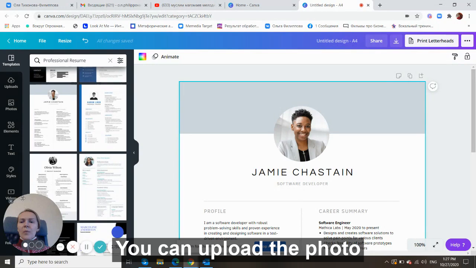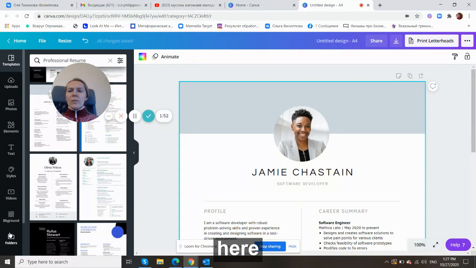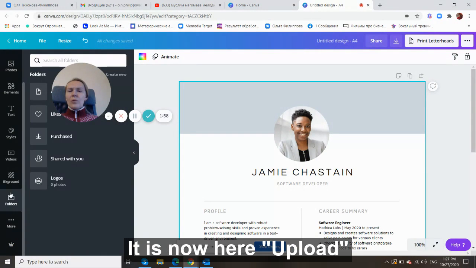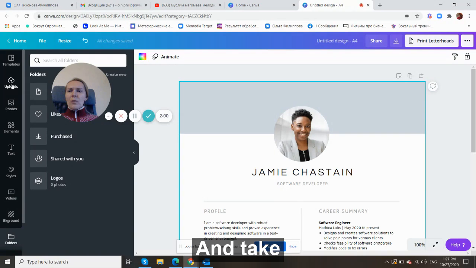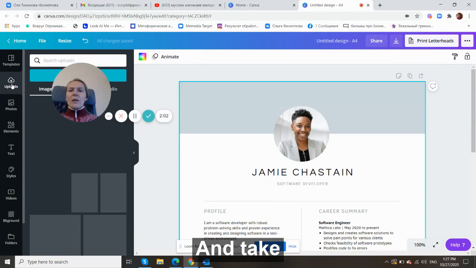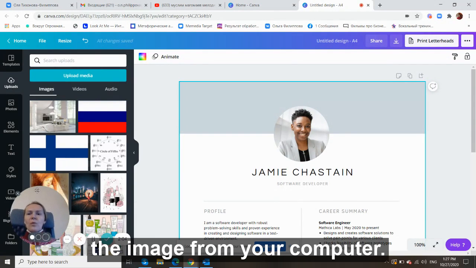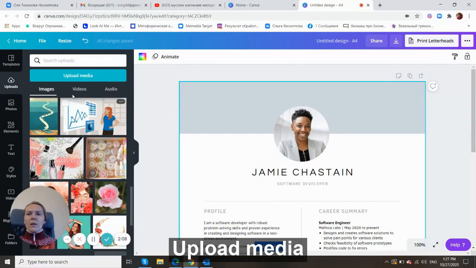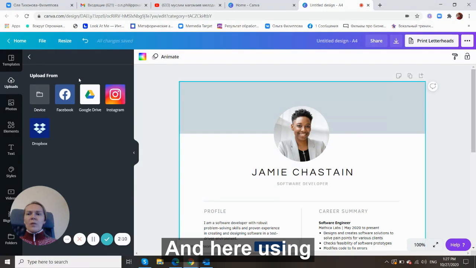You can upload the photo here, your personal photo folders. Oh, it's now here, upload, and take the image from your computer. Upload medium, and here using this device or Instagram,